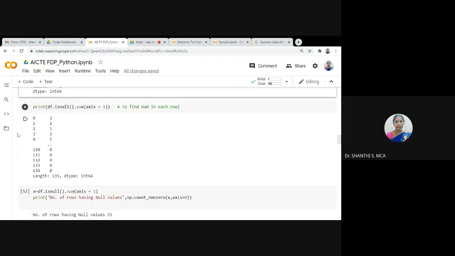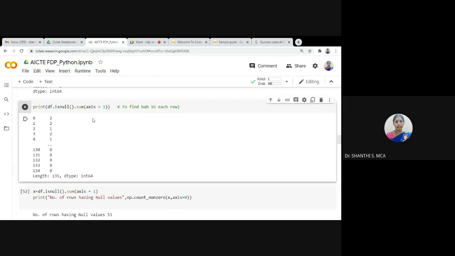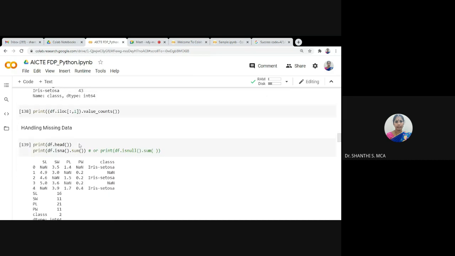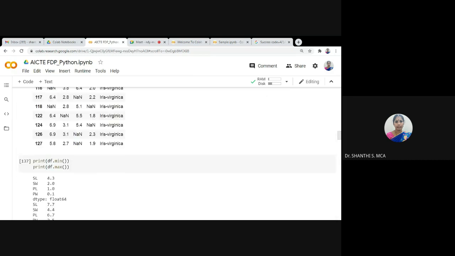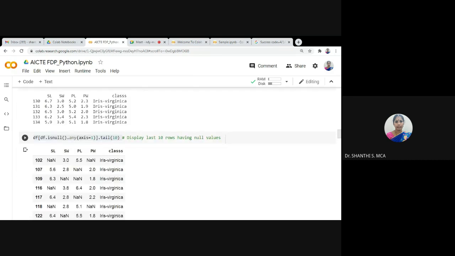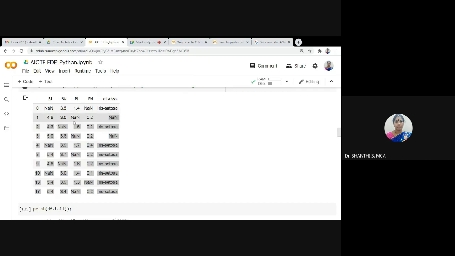This function is used to count the number of missing values in each row. In the first row there are 2 missing values, second row 1 missing value, third row 2, fourth row 1, and so on.